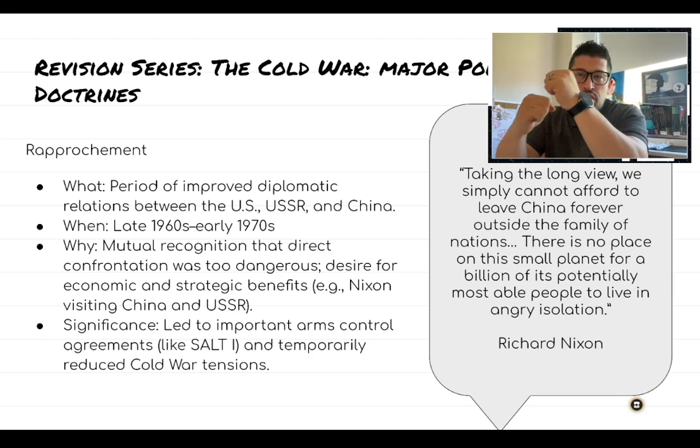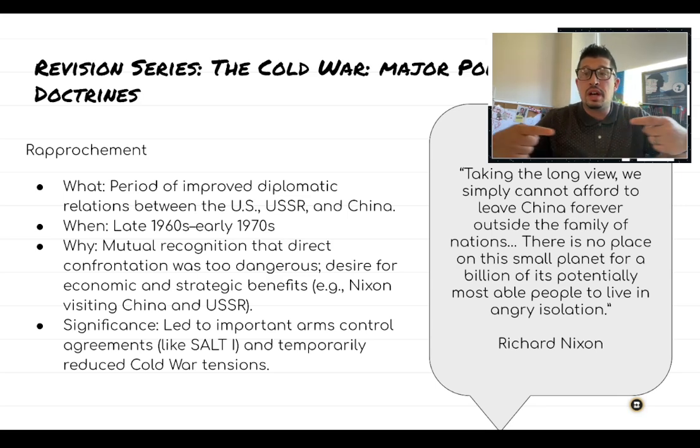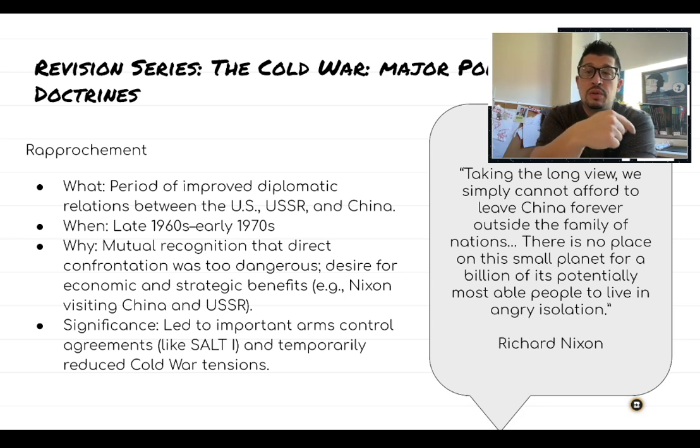The closer that those two get, the farther away the Soviet Union feels like it is, because this is during the time period of the Sino-Soviet split. So the Chinese and the Russians do not have a solid relationship. So the Americans want to take advantage of that conflict and draw closer to China. This is forcing the Soviet Union out of leverage at the negotiation table.